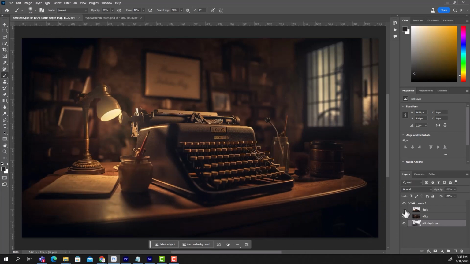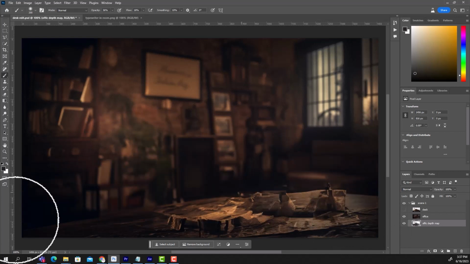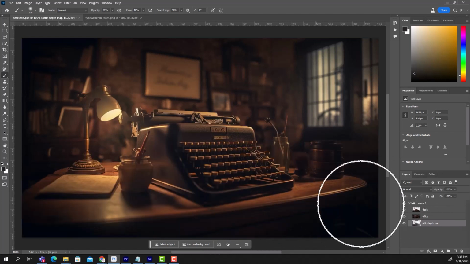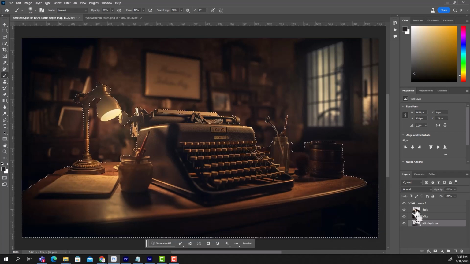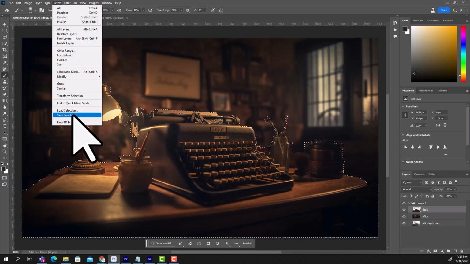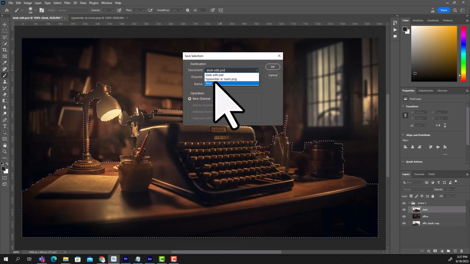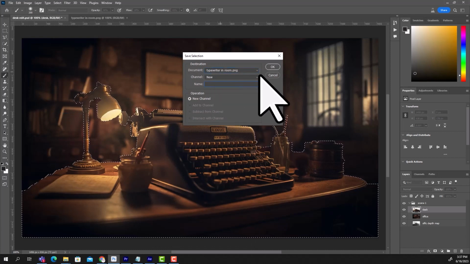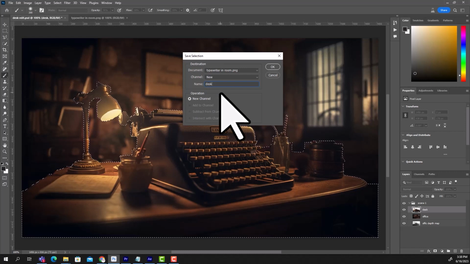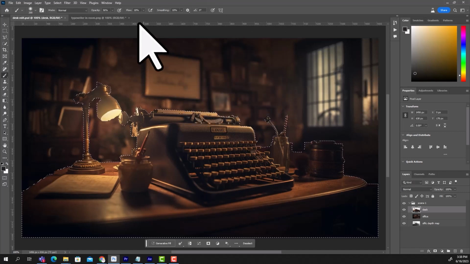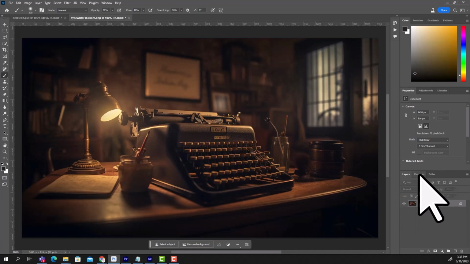So you can see I've basically separated the desk from the background, and I fill this area in with the generative fill with Adobe Photoshop. I'm going to take the selection here since I already have it, save it over to the new document, and save it as desk selection. Hit OK, and then when I come over here to channels,